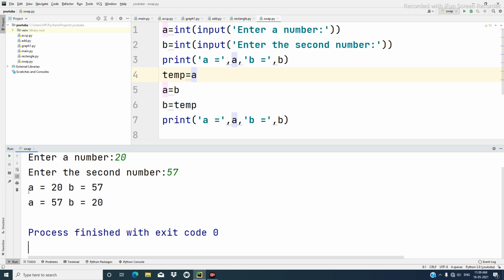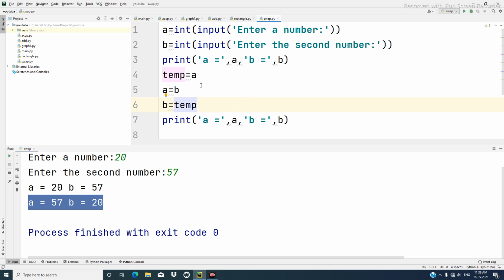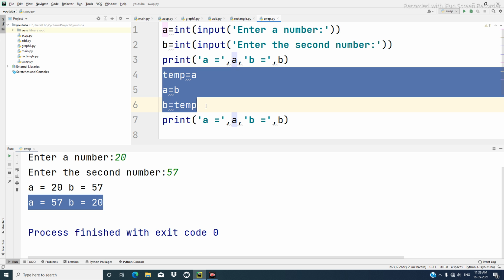Enter. So you can see A is equal to 20 and B is 57, the input values, but after swapping the values are exchanged and A becomes 57 and B becomes 20. So this is executing it in the traditional way with the help of the third variable, which we have taken as temp.